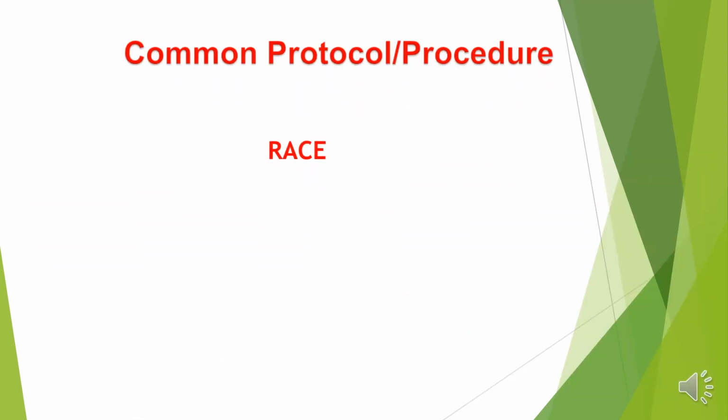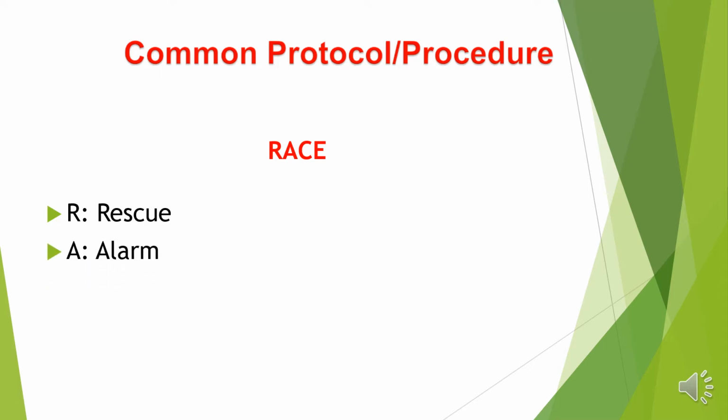Common protocols and procedures. When we have a fire, we have to do two simple things. Every single staff member working in a healthcare facility should know two words: RACE and PASS. It's a concept, a shortcut for some words. R for rescue. You have to rescue people as soon as you are healthy and not injured or affected by the fire. Start to rescue the old people, the sick people, the people with gait problems, the children, the elderly, the women. You have to rescue every single one you can.